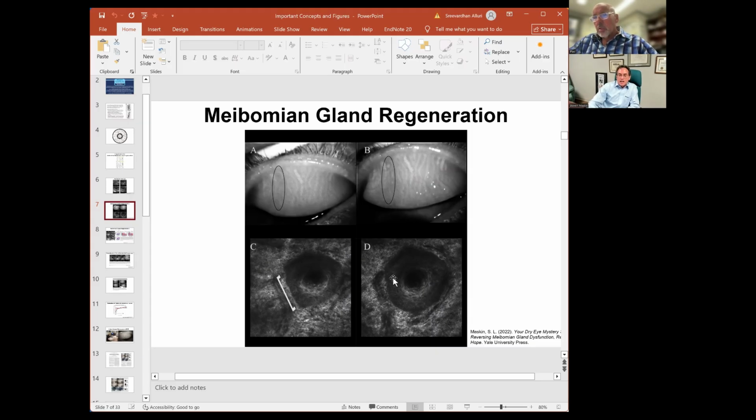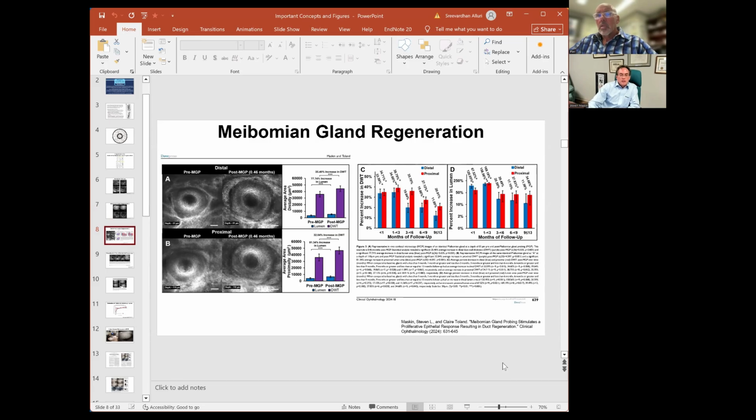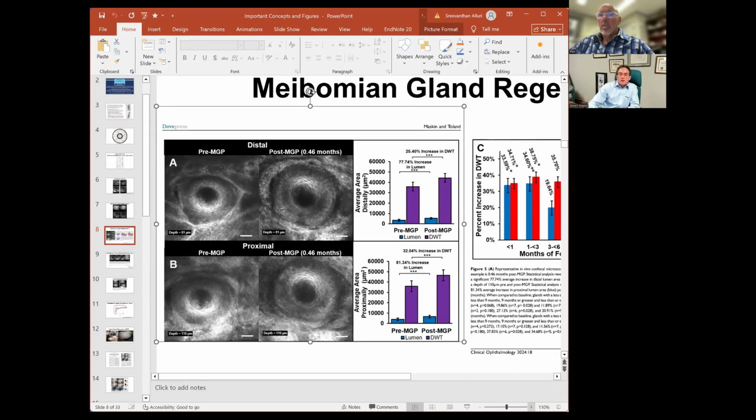And then the next slide is going to actually show the images from the article, and we're going to increase the size of that so it can be appreciated. In A, thank you, Claire. In A, pre-MGP, so pre-probing, you can see the flat edges of the meibomian gland from periductal fibrosis. And 2 weeks later, look at how that orifice is rounded up. So release the scar tissue, the orifice rounds up like that, and there's a